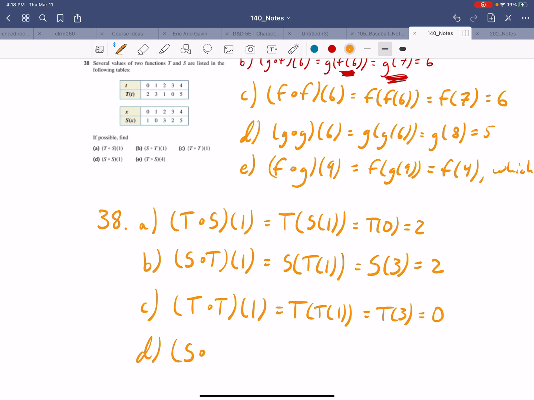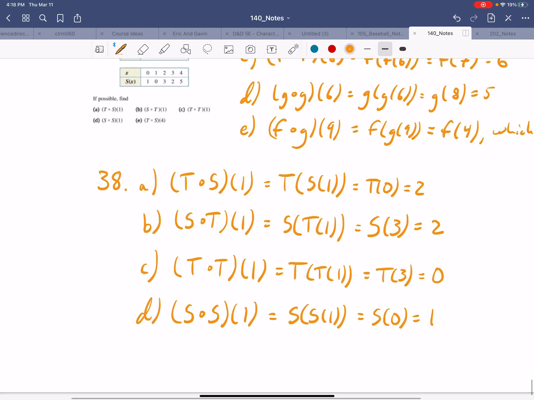D. Well, we did t of t. Why not do s of s? s of 1 is 0. s of 0 is 1. So I guess it's like we didn't do anything really, right? And last but not least,